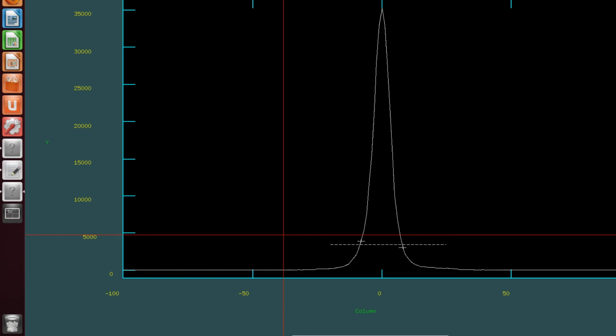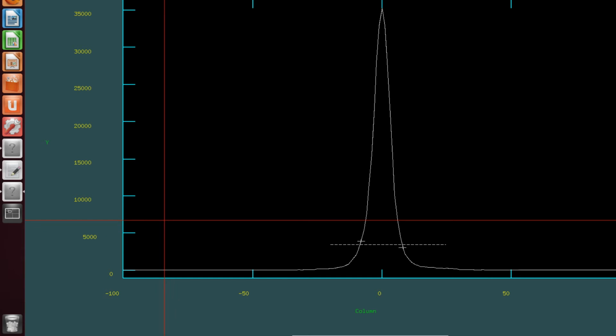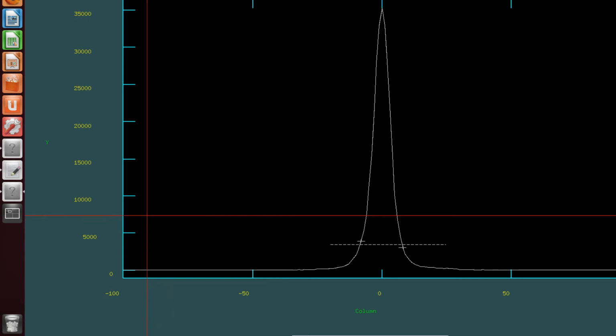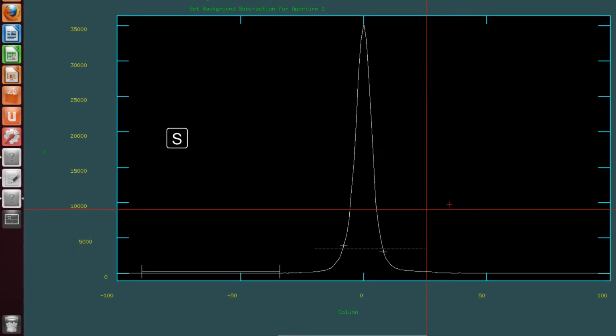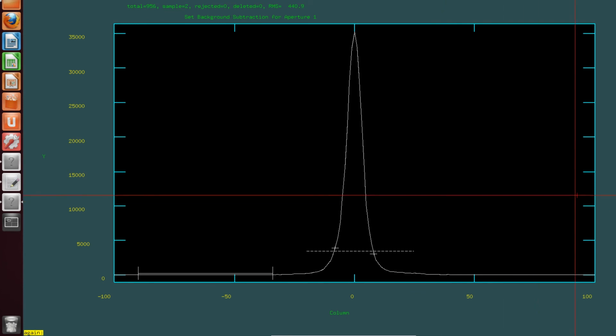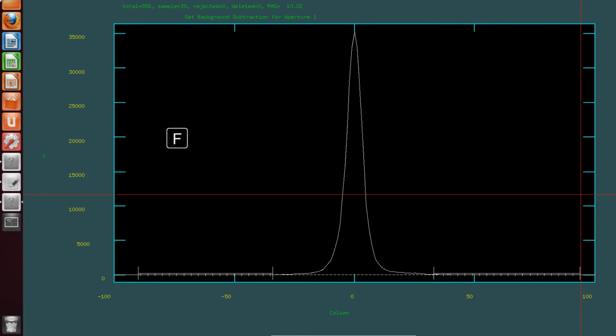Nice, and now we need to select a new one. We can do that with the S key, and we can select as many regions as we want. So S, S, and S, S, and fit again. That's better. If you're not happy with the column range IRAF has plotted, you can replot the whole range with